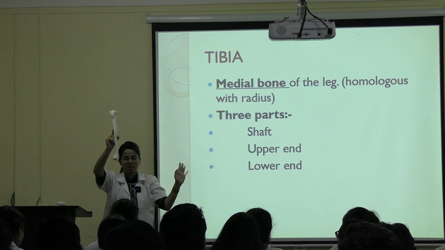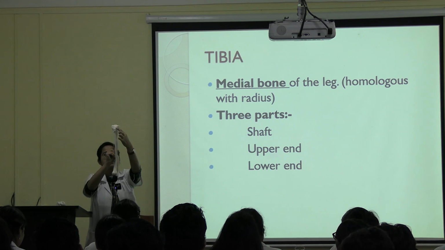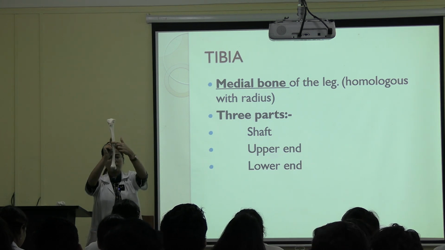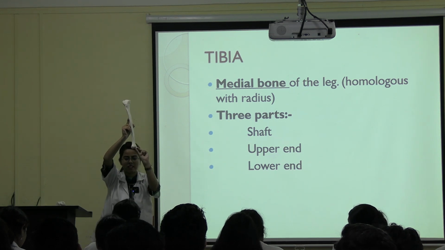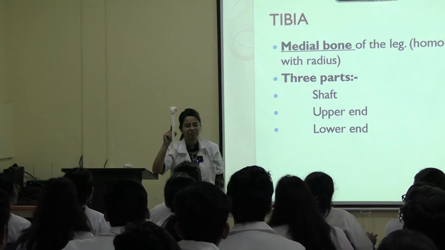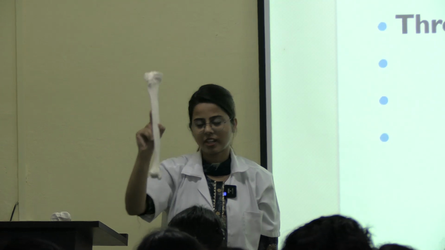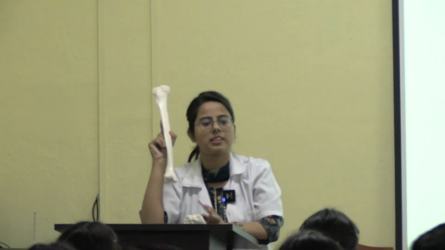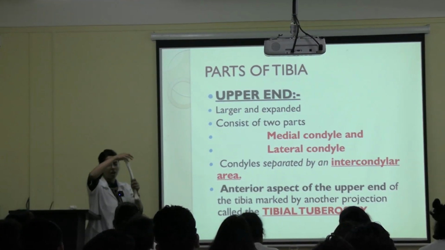This projected part should be present medially. Okay, 3 points clear. This upper expanded part should be present superiorly. This tibial tuberosity along with the sharp anterior border anteriorly, and this medial malleolus should be present medially. Clear? So can you tell me which sided tibia is it? Right. I am holding it with right hand. If it was left sided, we should hold it with left hand. Clear?